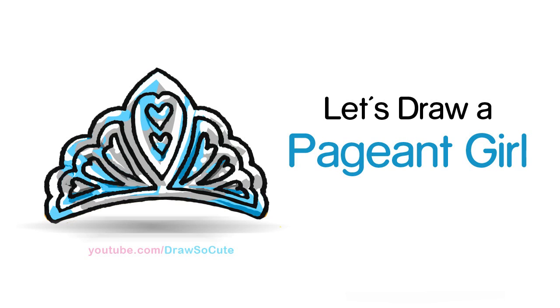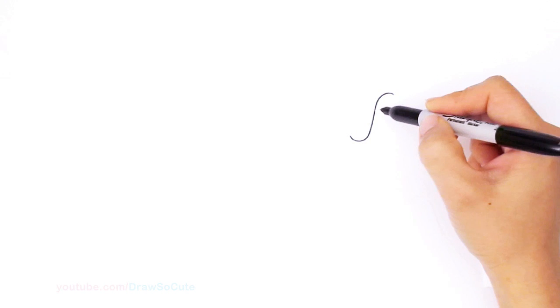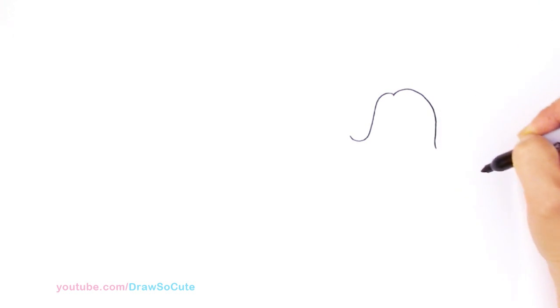So let's get started. With this drawing, we're going to first start by drawing her hair. Right here, I'm going to be drawing a curve that comes down and sweeps out. Right here, I'm going to curve up, come down, and sweep it up. So this is the left side, and now I'm going to draw the right side of her hair. On this side, I'm going to go up. It's going to be a little bit wider, and it's also going to come down and just end it right